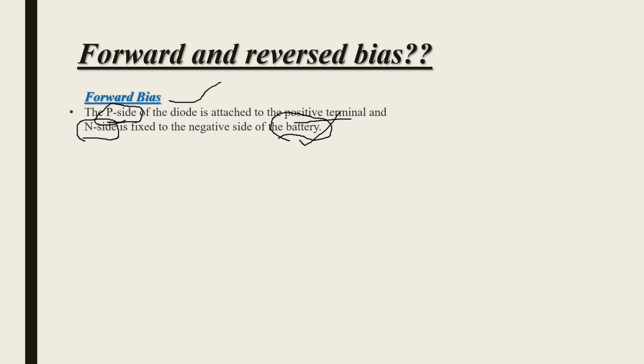And in forward bias, you also say that in the beginning there is no current flowing through the diode. Okay, this is because although there is an external electrical field applied across the diode, the minority charge carriers do not get sufficient external field to cross the depletion region. I already told you about the depletion region. Okay, so here the potential barrier is called forward potential barrier. Here is a basic diagram of forward bias in this slide. Okay,